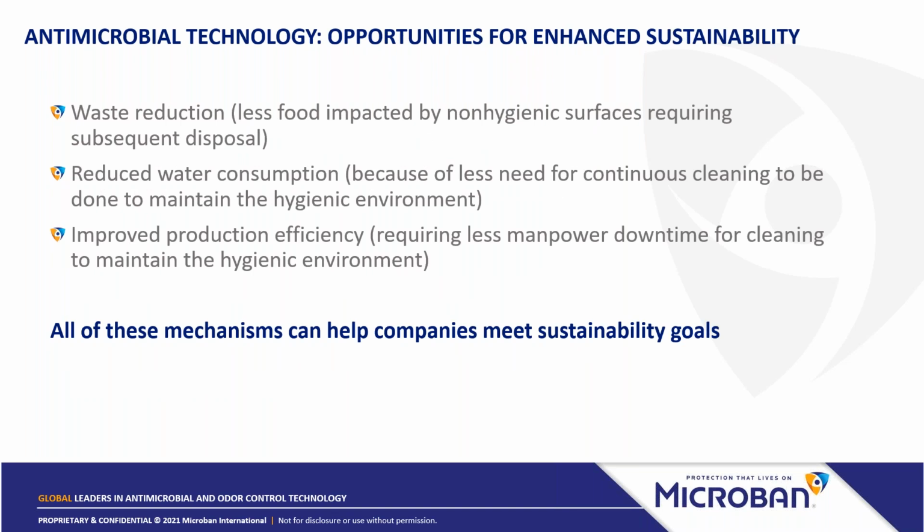Lastly, we are living in unprecedented times, not only because of a global pandemic, but also because of environmental concerns, which are driving many companies to look for enhanced sustainability options for their businesses. The use of antimicrobials in built-in applications can certainly help companies achieve these goals indirectly, not only because of the